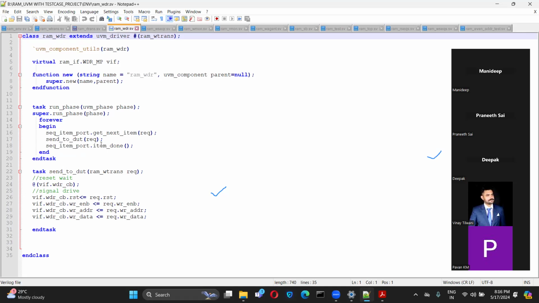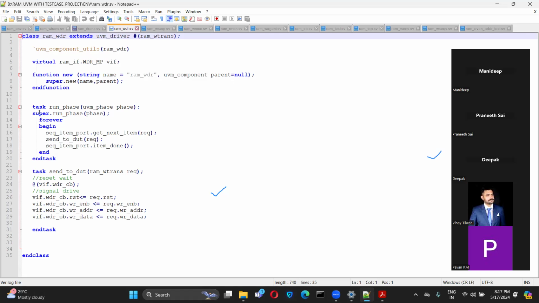If you see now, everything you are familiar with, even with the drivers. The first is the driver class, which we are extending from the UVM driver, and then we are registering that particular driver in the factory using UVM component utils, as it is a component. You still have to understand what a virtual interface is; we will cover it in the next classes. The next one is the default constructor, that is function new. As this is a component, we have both string name and component parent. The parent has to be null; we have already discussed why.